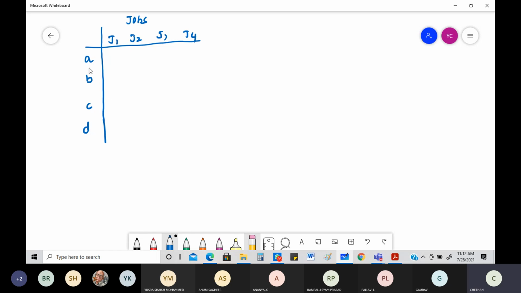What is the meaning of this? If A is doing job 1, he is going to have 9. What is this 9? 9 lakh, 9 rupees, 9 paisa, something like that. Some unit. Cost 9. If A is doing job 2, you need to have 2. He is doing job 3, 7. Job 4, 8. Like this, there's a cost associated with each and every one of it.